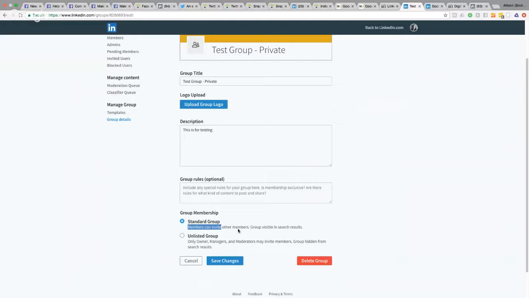Another way that you can grow your group is consider asking relevant people to promote your group to their members and then offer them an incentive in return. You may have some ideas of influencers, and if there are some big influencers and they're relevant, that's the key. You don't want to just go ask an influencer. Maybe there's someone who's an influencer in the parenting industry that's really great with moms. But if you have a product or service that's not geared towards moms, that's not an influencer that you want to invite people to this group. You want to invite people that have relevant interests. And you might offer them an incentive.